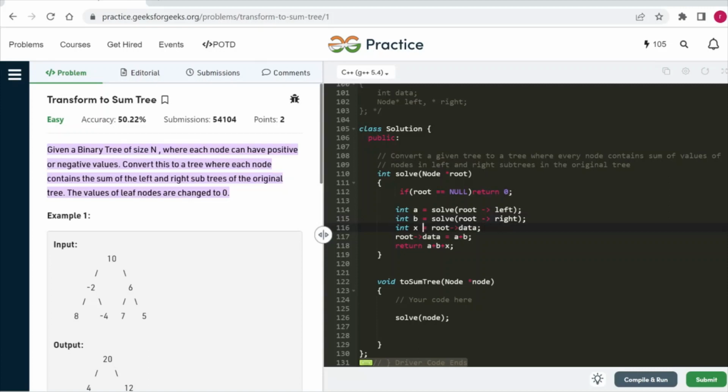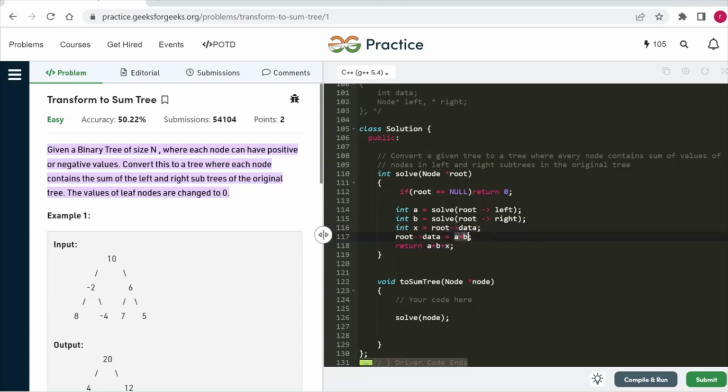After this we store our root's data into a variable x. Why are we doing this? Because our root's data will get updated by the summation of the value we get from the left subtree and the value we get from the right subtree. So before updating that data, we store our root's data into variable x, and then we update our root's data by a plus b.